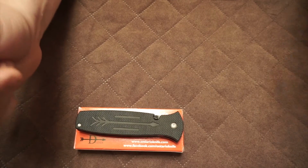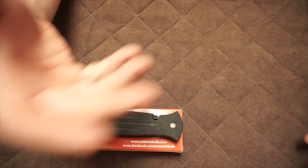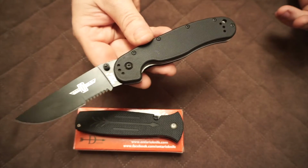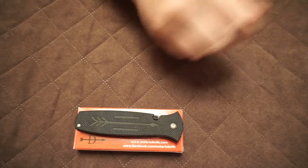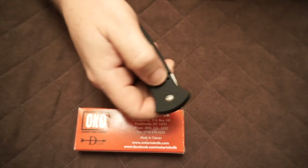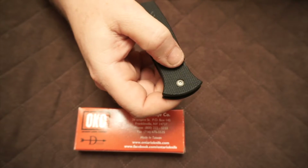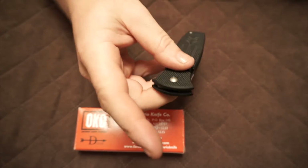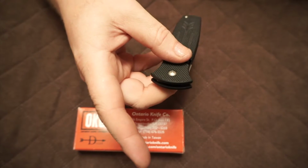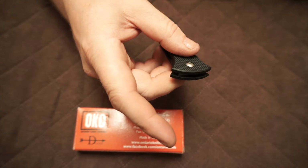So anyways, back to this next knife review. Before I get to it, let me just say, I just can't get away from these Ontario Knife Company knives. There's the Rat 1 from like 2 weeks ago, still a great knife. But I was back at the local store picking up some paracord, and I happened to take a look at a couple of pretty expensive knives, a Hogue, a couple of Zero Tolerances. They were all about 100, 150, 175, and I wasn't really ready to pull the trigger on one of those yet. I was almost ready for that Hogue though. It was really nice. I can't remember exactly what model it was, but it had this cool camo pattern. It was a beautiful knife, but I couldn't pull the trigger on the 200 bucks. However,